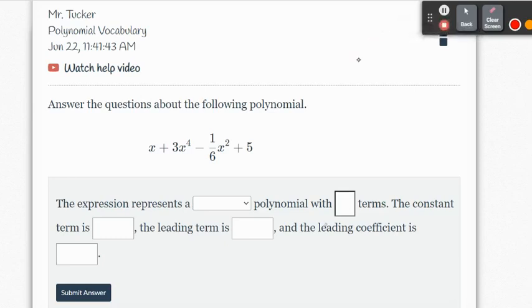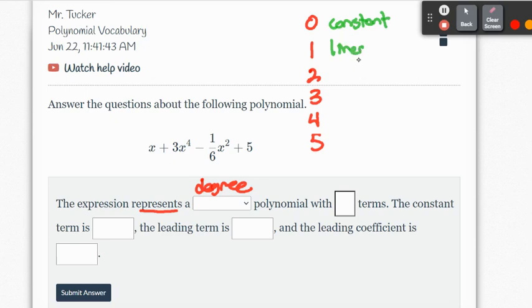So we're going to add to our practice of polynomial vocabulary on this problem. First thing we're going to do is notice it says that this represents a blank polynomial. The blank here is classifying by degree, and so we need to have our list of what the degree names are. 0, 1, 2, 3, 4, 5 are the options, and so we've got constant,